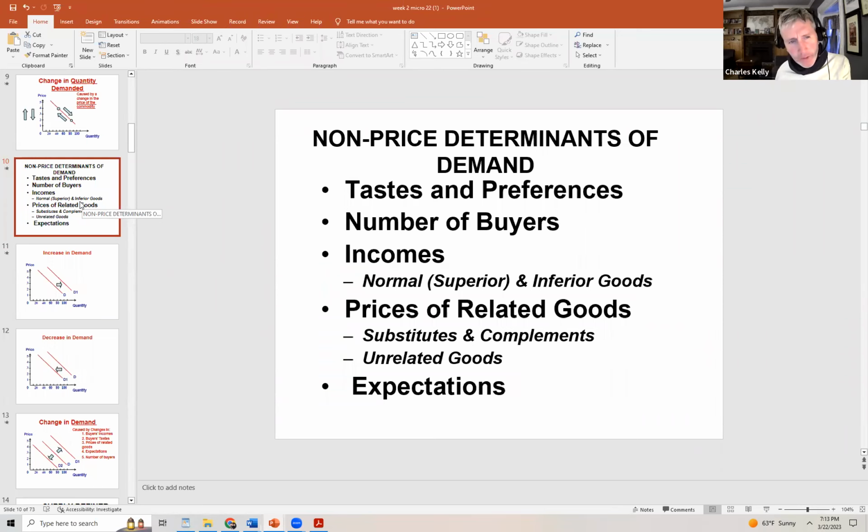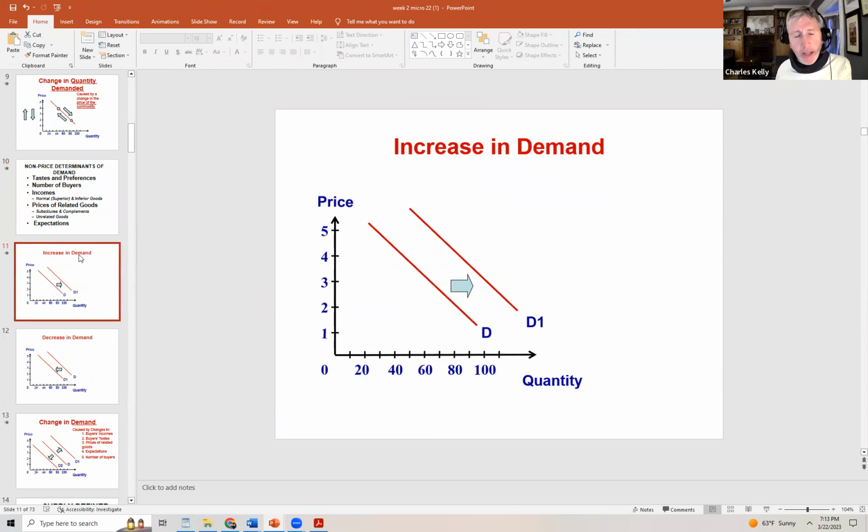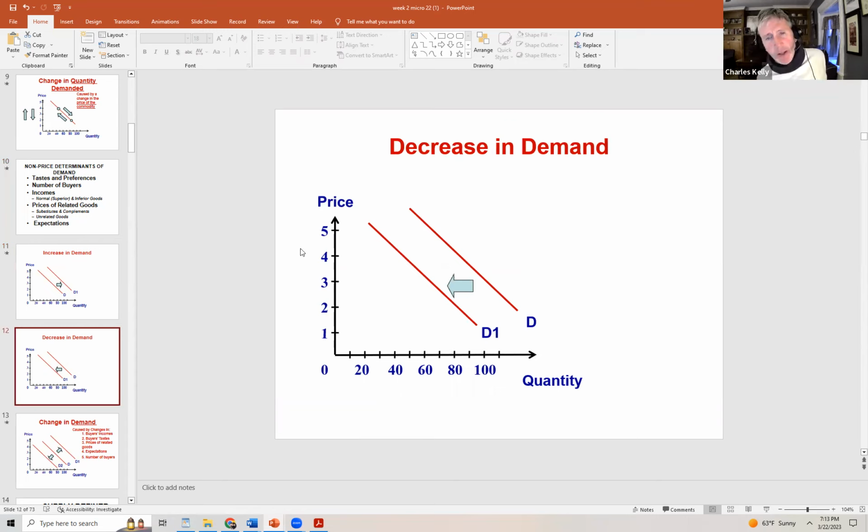So other things equal, if we're analyzing the market for chicken and there's an increase in the price of turkey, there'll be an increase in demand for chicken, right? So increase in the price of substitute, increase in demand for the good under consideration. If on the other hand, we're analyzing the market for chicken, there's a decrease in the price of turkey, there'll be a decrease in demand for chicken, right? All right, and then we'll go with,